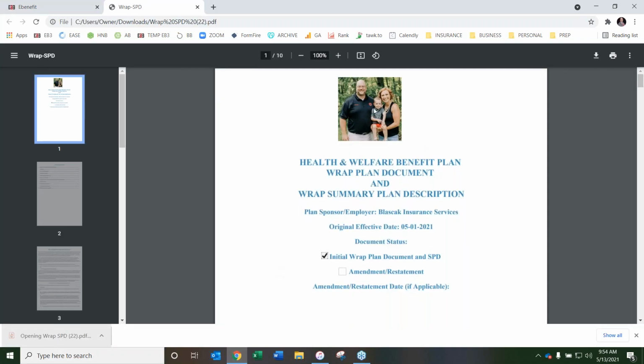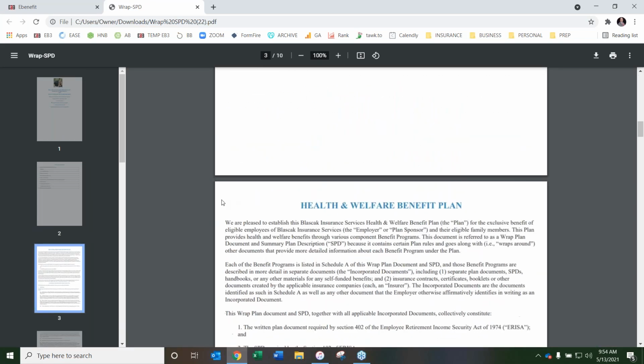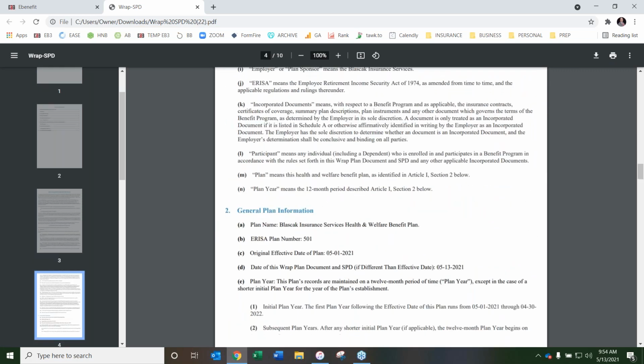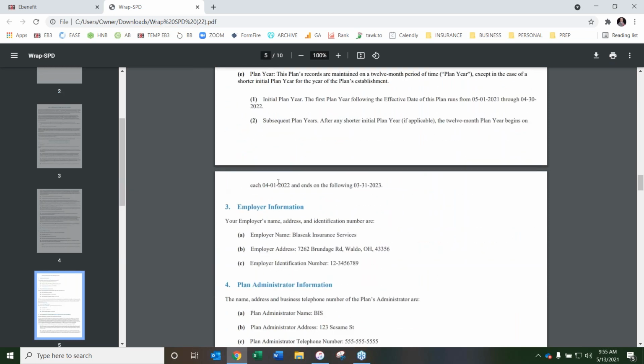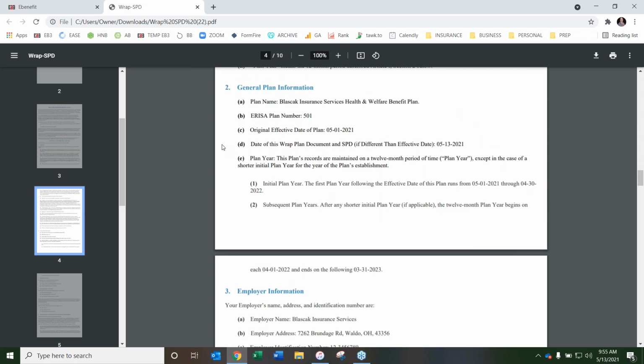Take a look at this here. As you can see, the logo's up here. All the information starts to get loaded in right here. Just trying to keep this, again, nice and clean. This was built by ERISA benefit attorneys. You can see all the information that we put in is right down in here. One of the things that I had them add in is just the initial plan year and the subsequent plan year. You're not going to find that in a lot of documents, but I customize that just because some carriers have a